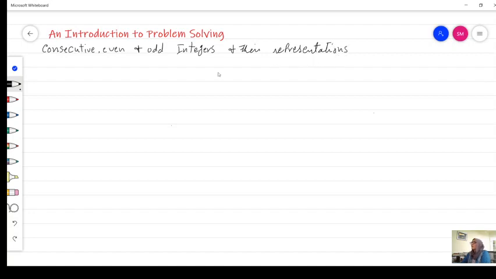If I see a word problem with a question about consecutive, even, odd numbers, integers, then how do I change them into an algebraic expression? So consecutive integers, if I get consecutive integers, I will draw a number line,